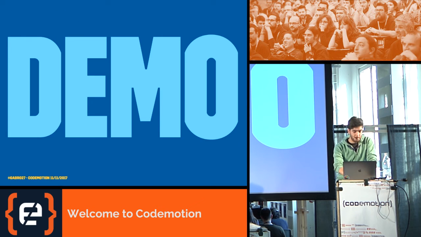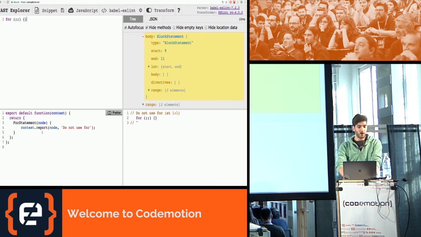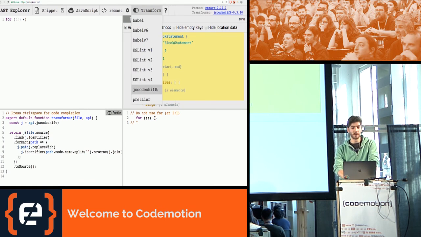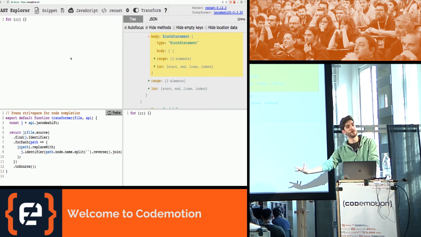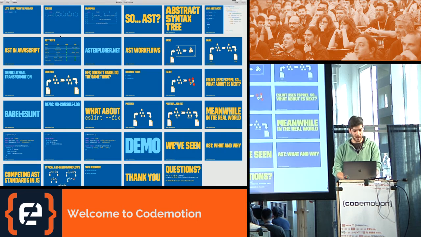I mentioned before JS Code Shift, which is a tool for transforming code bases, and the output is something that you keep using. Right? So it's an intermediate step that you run once and then you just move on with the same code. So what we can do here is essentially, okay, let's suppose that we have